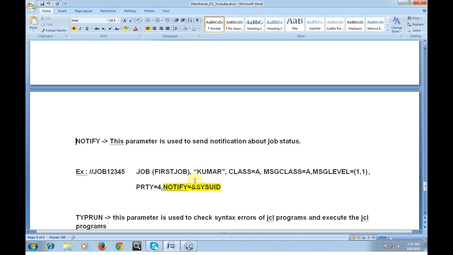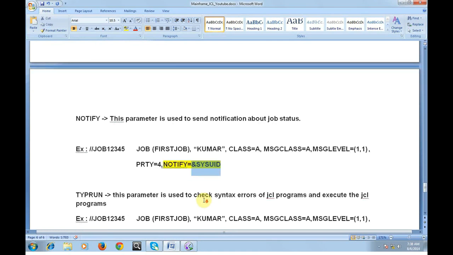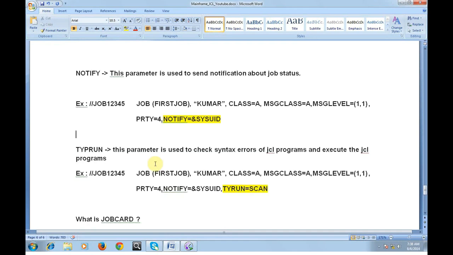So in order to do that, in the job card along with the other keyword parameters, you need to specify a keyword parameter called NOTIFY equal to &SYSUID, or you can directly give your mainframe user ID. So that was about the notify keyword parameter.